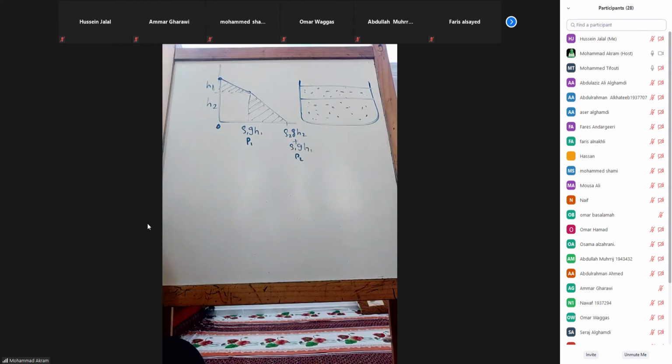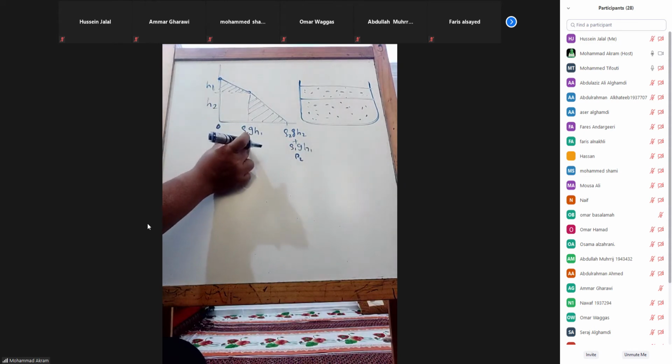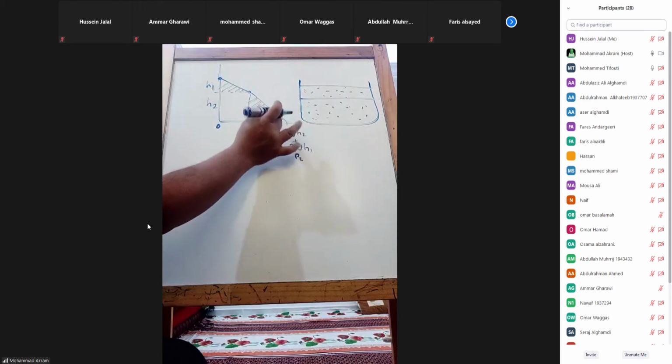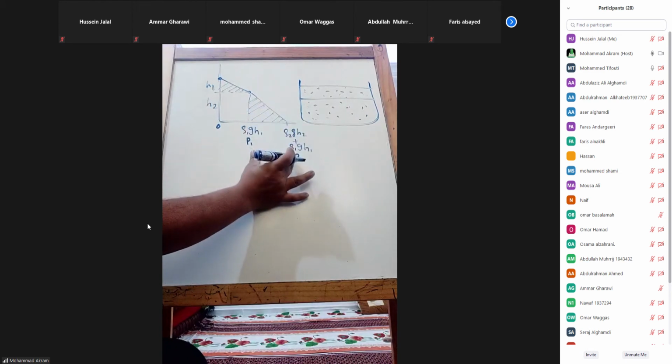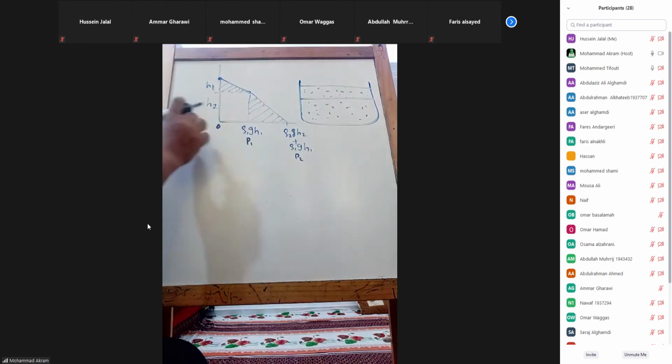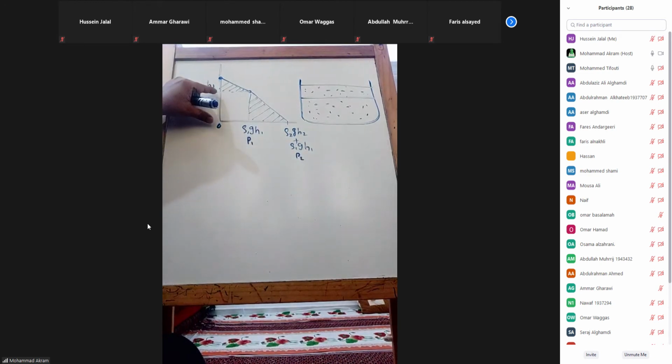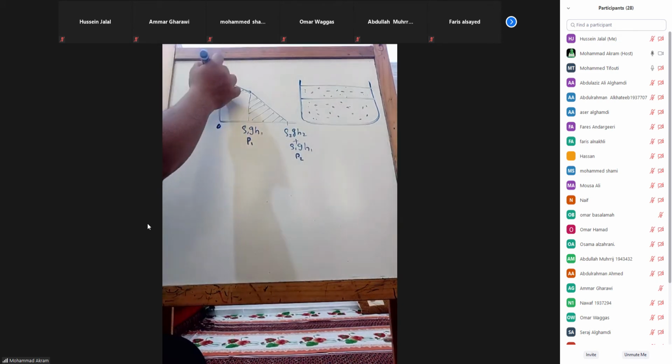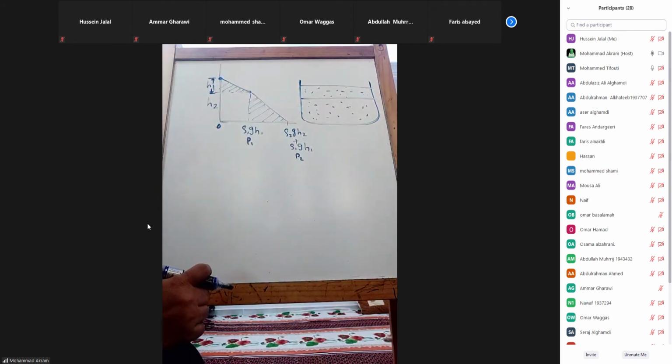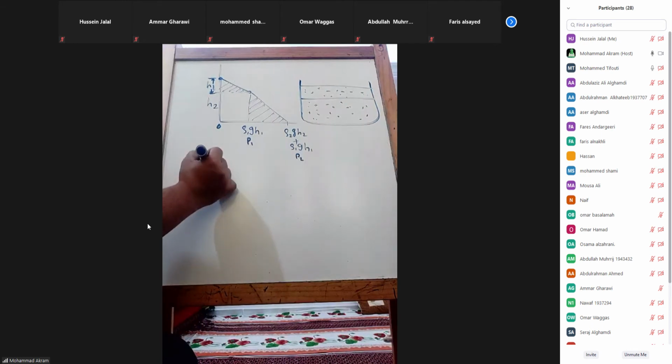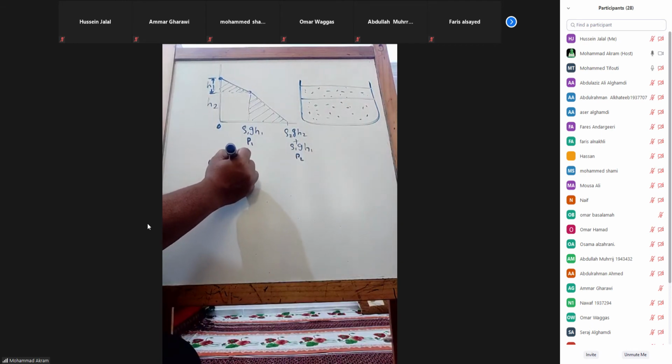From here to here, it is P1 minus 0, right? For this triangle, what is the base? P2 minus P1. What will be the height for this? This will be h2. What will be the height for this triangle? h1 minus h2, or directly h1. It's very simple. You just need to calculate the area and multiply with the width given. Width is the third dimension.